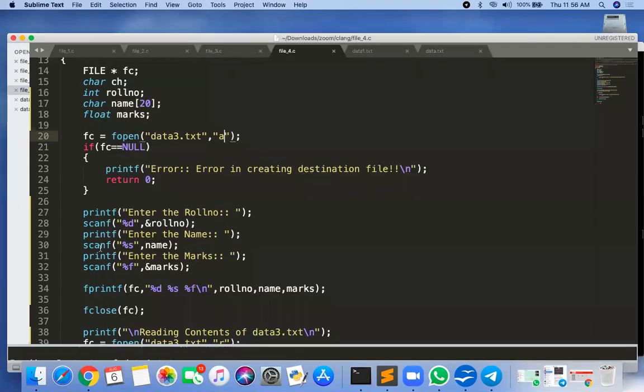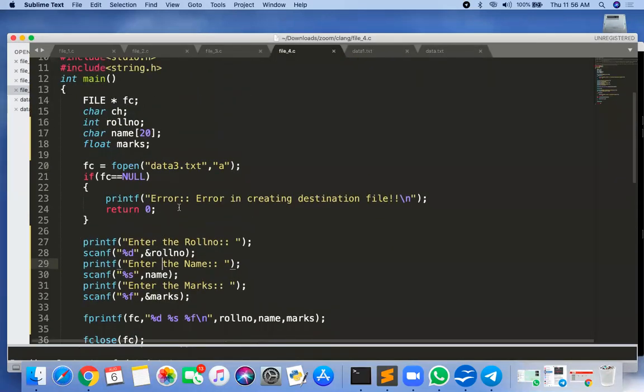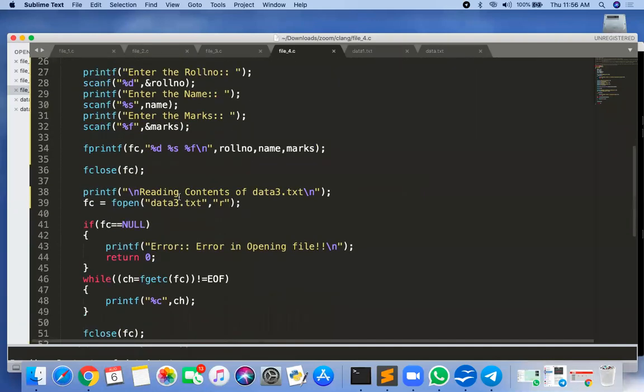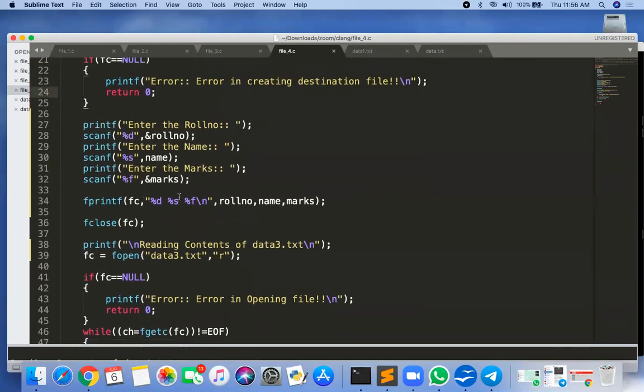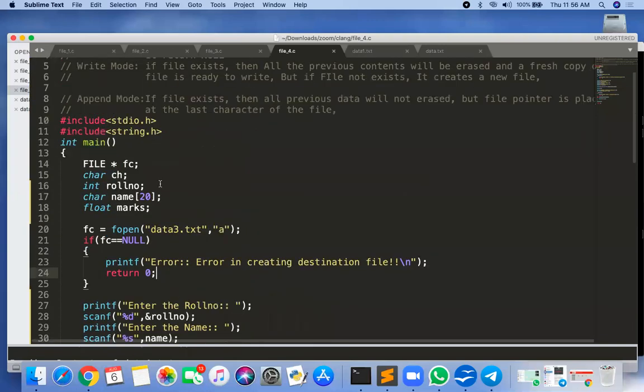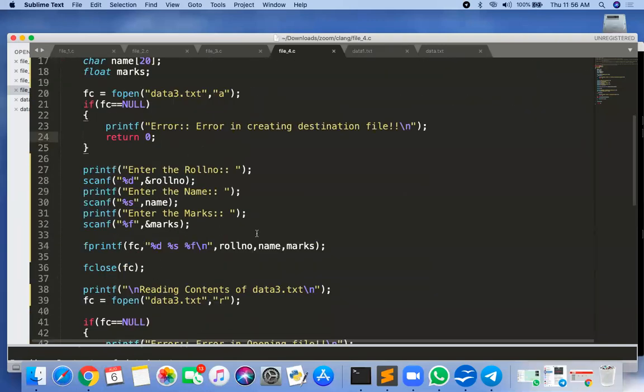Are you getting now this point? Yes, sir. This is similar to structures, no, sir? If it is a structure, then what is the modification? Suppose S1 is the object of the structure, so it is S1 dot roll number, S1 dot name, S1 dot marks, here S1 dot roll number, here S1 dot marks. So now getting?